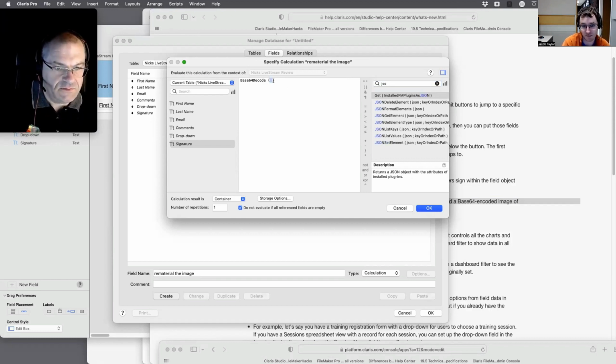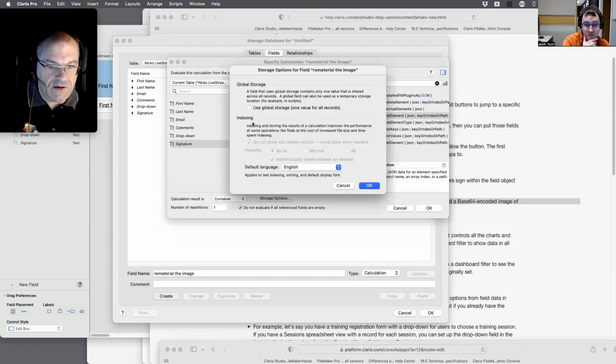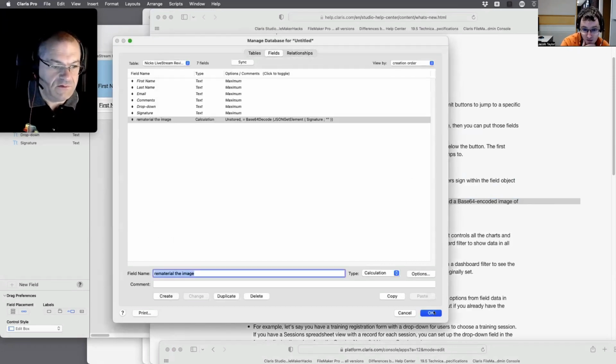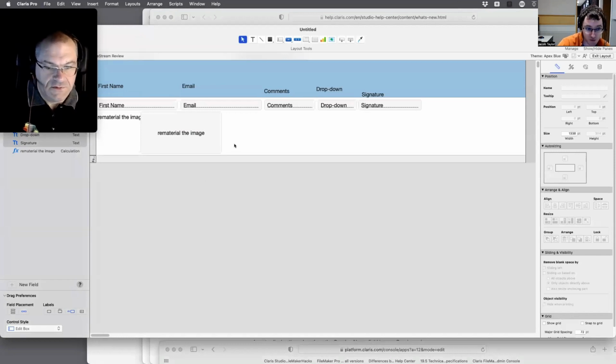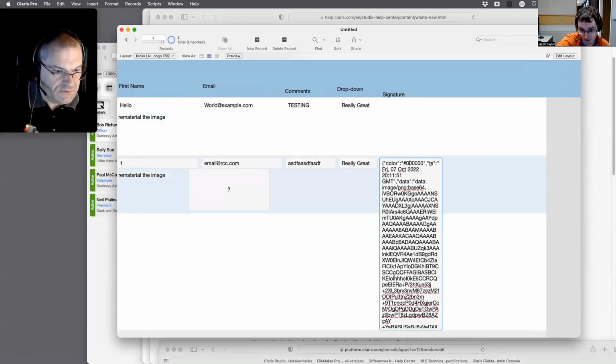Okay. Yep. And then perfect. And then that JSON is going to be the field name, yeah, signature. And then the key or index path. I didn't see it, so put double quotes for a moment and hit OK. We have to go look at our data viewer. We need to go look at the contents of the signature field because I didn't catch what the field name is. Sorry. Okay. So there we go. We have browse mode. So go look. All right, click into your, what's the name of it?